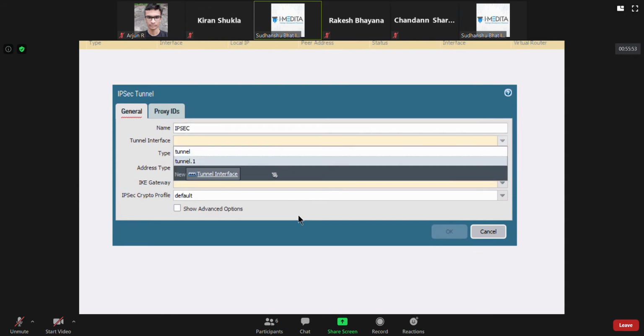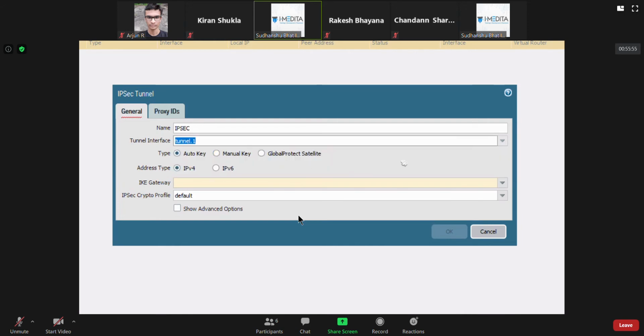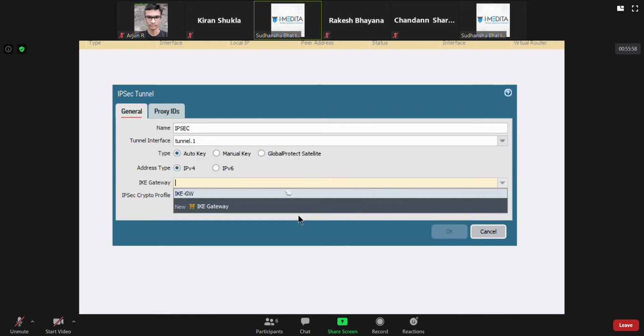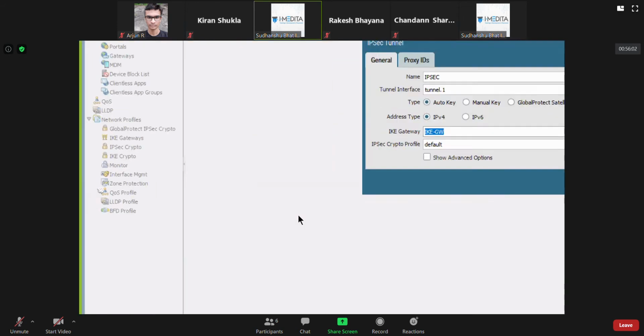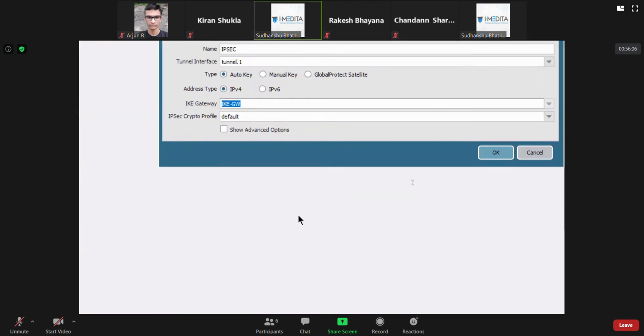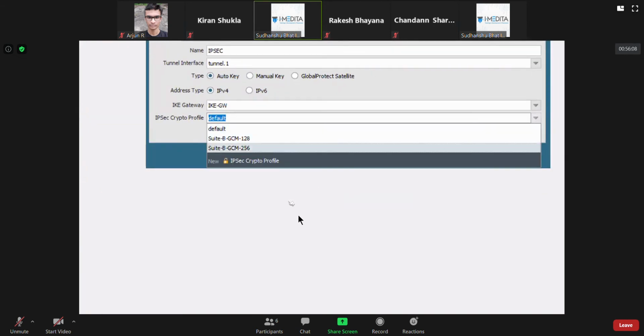Which tunnel interface are we going to use? This, which we just created. Which IKE gateway are we going to use? The one which we just created. And like I told you, for phase 2 there is an IPsec crypto profile. So you choose this.